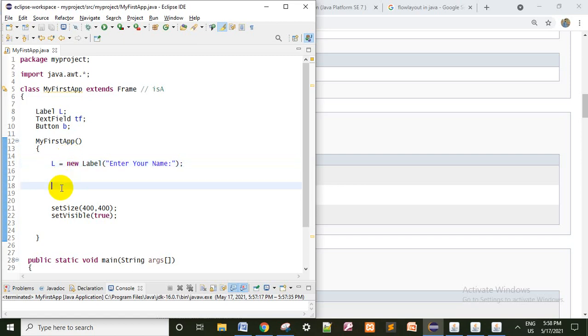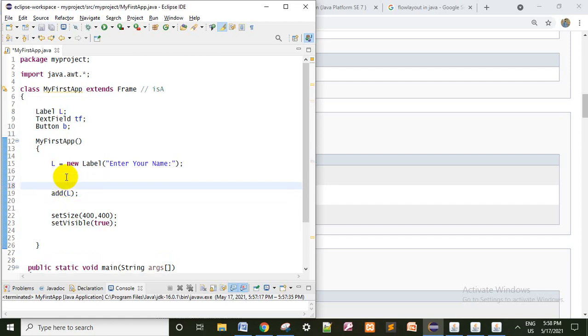So I am adding here. Add is one method which is available in the Component class, that is directly inherited by the Frame class. Now it is available in our class. So you have to give L here. Now one more thing, if you want to add the component, must and should have to give the layout, how to arrange the components into the frame.